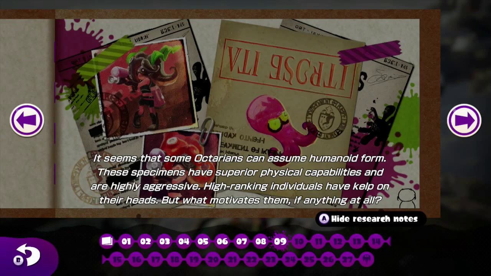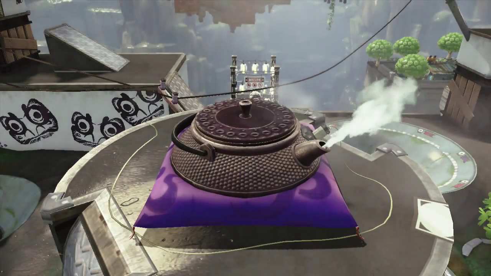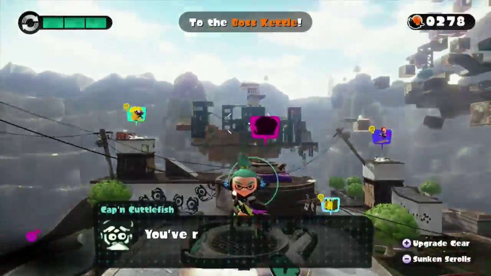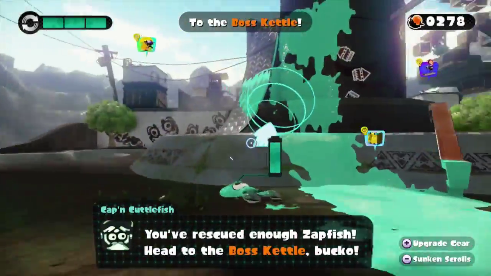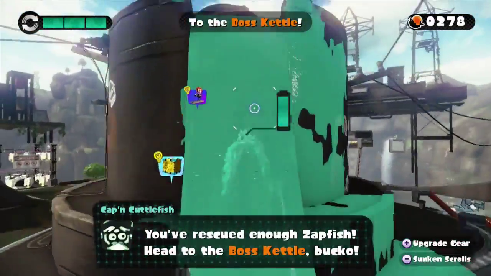Anyway, yeah, something about Octolings being able to turn into humans, and the ones with the kelp are of a more elite class. They're elite. And now we go on to the boss kettle to fight